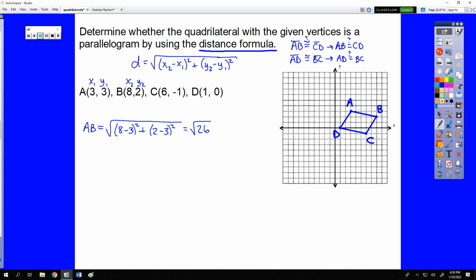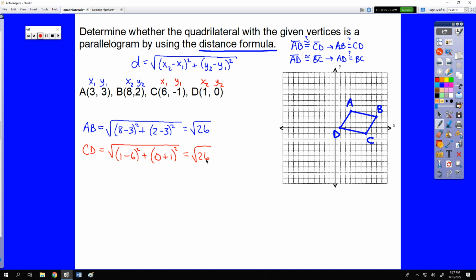Then we do the same thing with C and D. So C and D are x1, y1, x2, y2, and we go in and we find the length of CD. Again, we're using that same distance formula, x2 minus x1, quantity squared, y2 minus y1. When we subtract negative 1, that really becomes plus 1, quantity squared. Well, that's negative 5 squared plus 1 squared, which is still 25 plus 1, is still the square root of